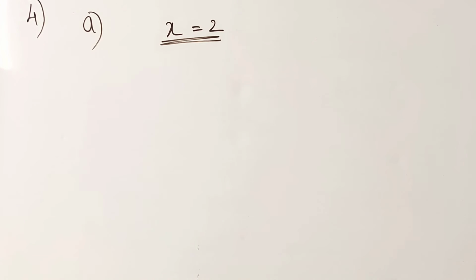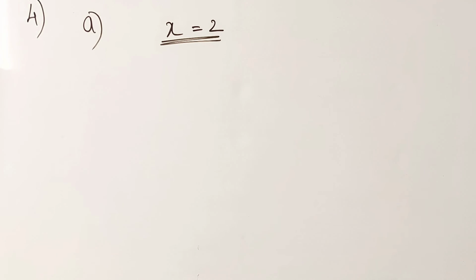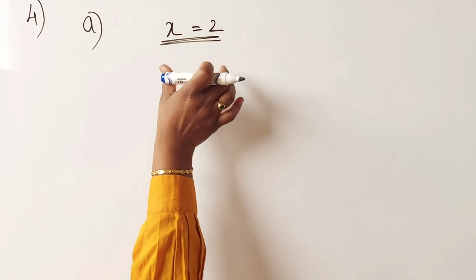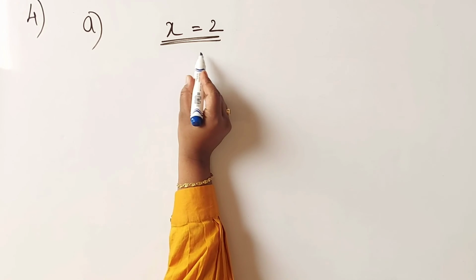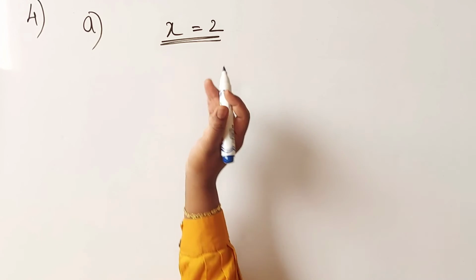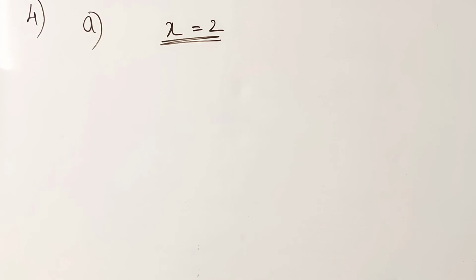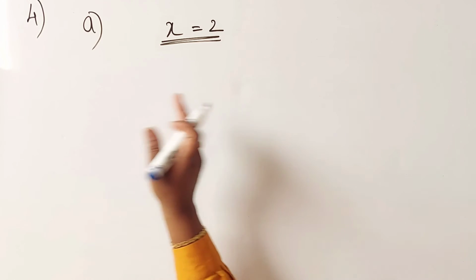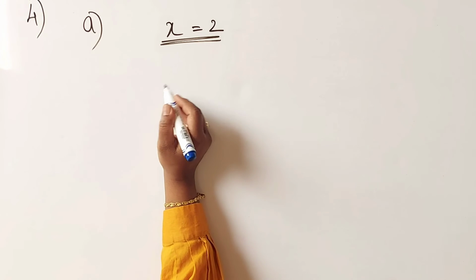Fourth question, children. Construct 3 equations starting with x equal to 2. Here they have given the main equation. According to this, we have to construct 3 equations, children. So here x equal to 2, right? We can add, subtract or multiply, right, children? We can do arithmetic operations on both sides of the equation, right? So here we are applying the same theory.